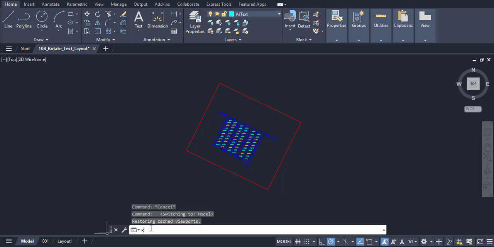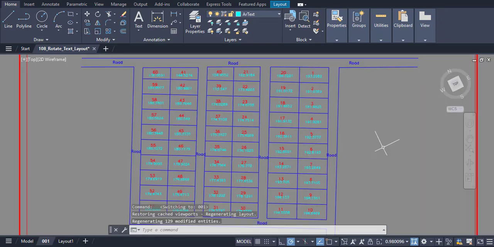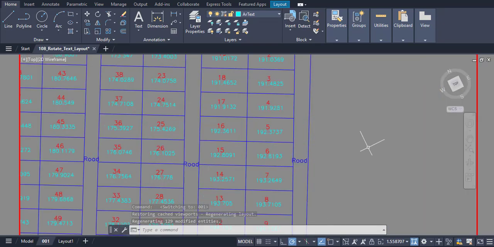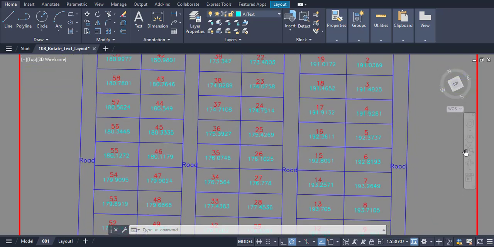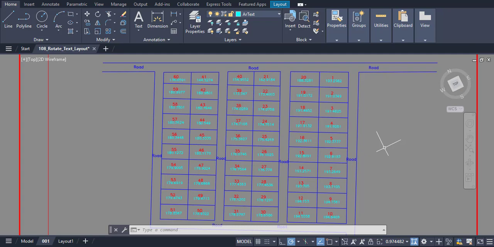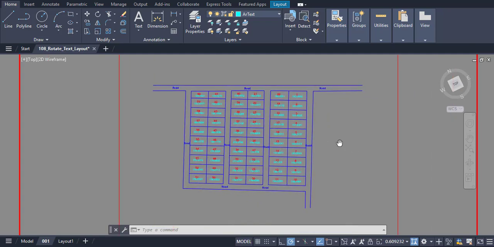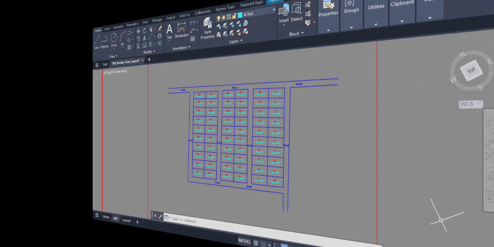With the second command, RTLA, the program prompts you to select the rectangle associated with the layout. Once selected, the program reads the angle information from each text and adjusts the text rotation angle accordingly. This automated process ensures that text angles are appropriately aligned, enhancing the readability of the output.